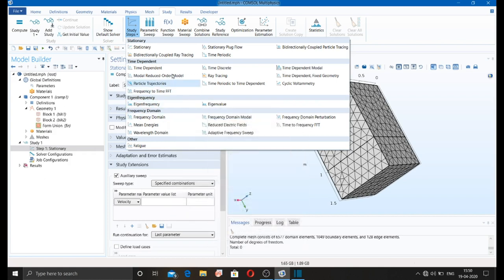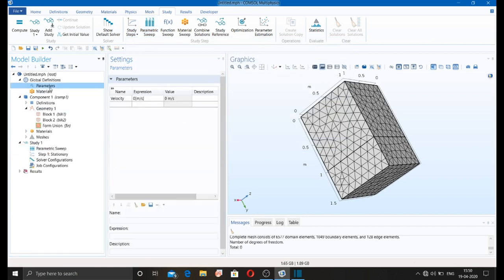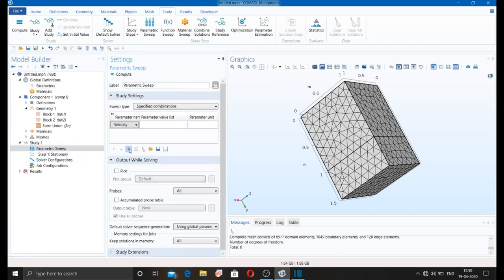You can also use parametric sweep. From here I am giving the velocity parameter, assigning the velocity parameter to this analysis. If you want to change the velocity, you can use range 0 to 10 to 100 meter per second.